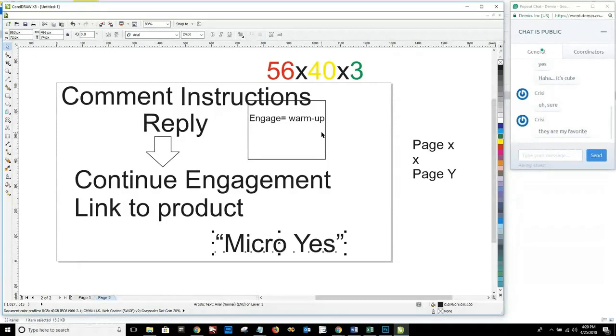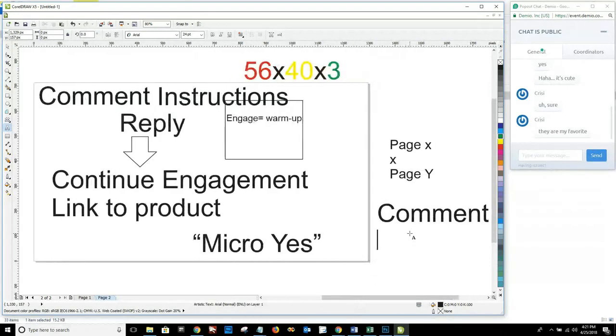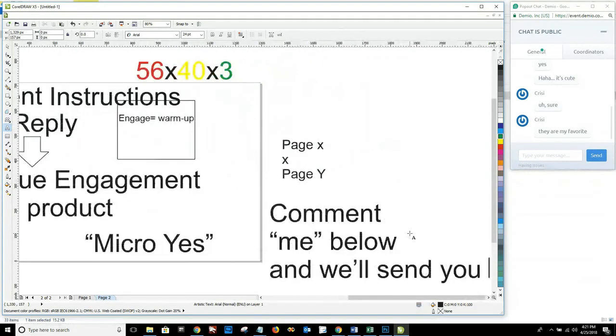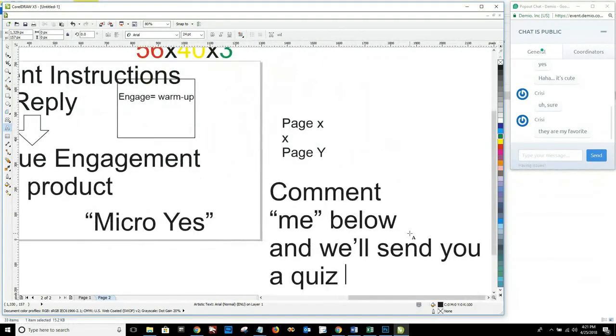Right? So then the quiz says, or comment below to see, I'm trying to think of how to do it with Facebook. All of these things have changed, so there's a little bit of variation to it now. But you have to tell them that you're going to give them a reply when they comment. So you would say something to the gist of, comment, and you should really say what. You don't want to make it long either. So you just comment me below and we'll send you a quiz to test your knowledge